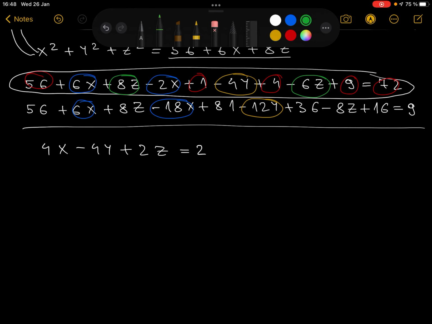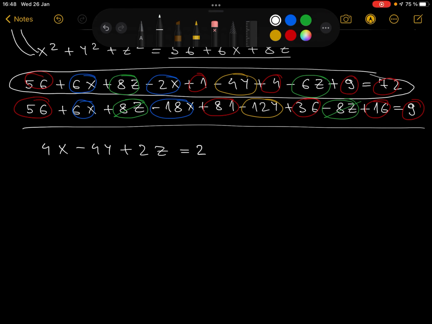Now for the z's, 8z, negative 8z. And now let's go for the free numbers, 56 plus 81 plus 36 plus 16, and of course 9 over here. Now we can cancel out these z's right away,